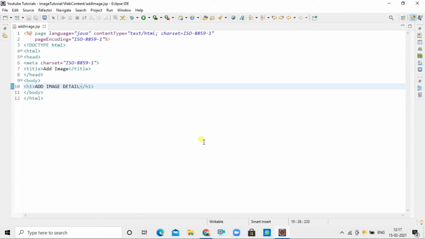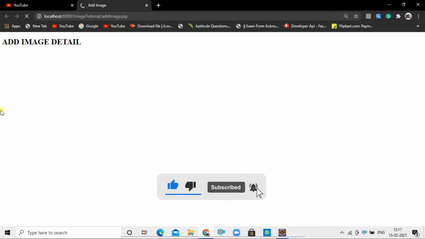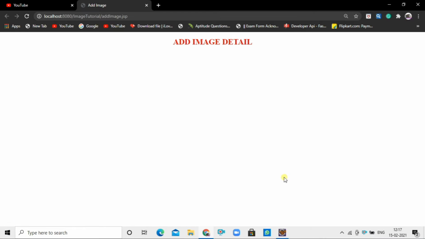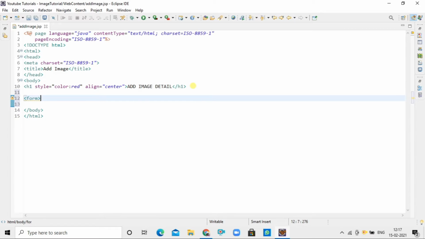Refresh it. Let's make it red and at the center. Refresh it. Okay. And now I will create a form where I will take input in the form of a file.